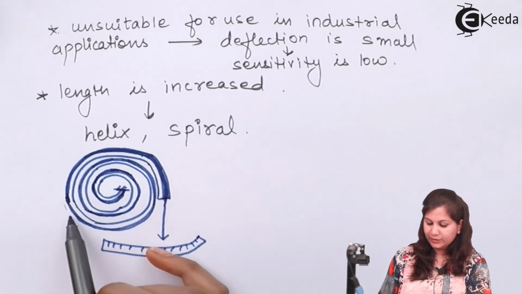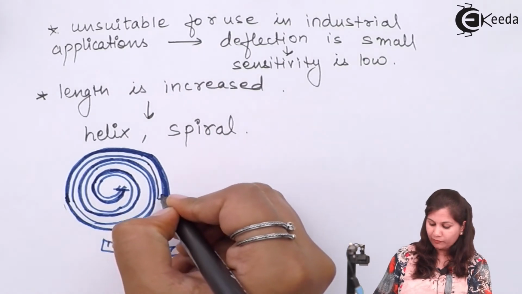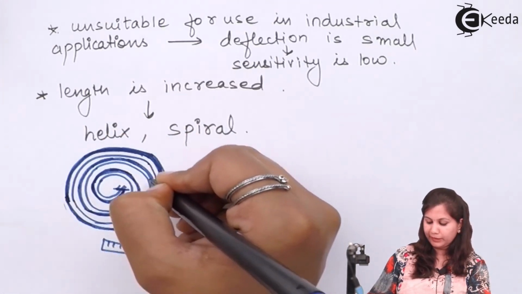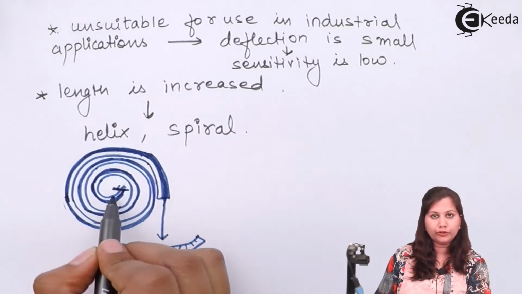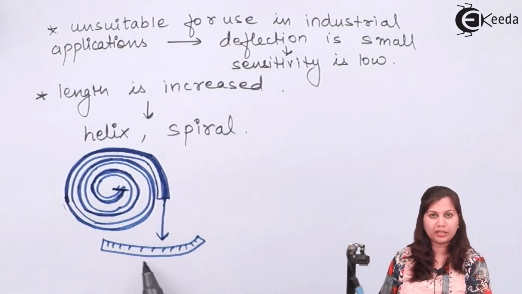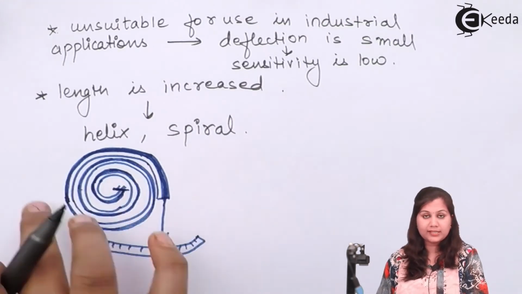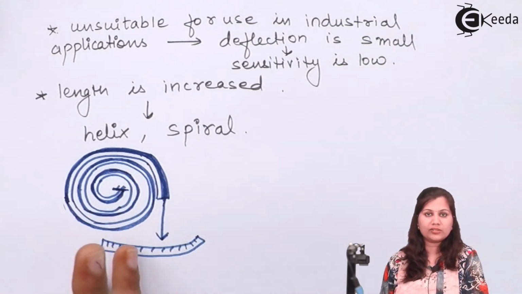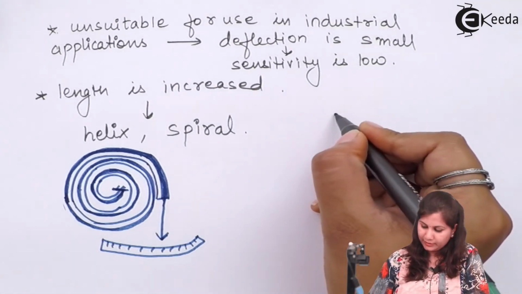so this is the bimetallic strip which is in the form of a spiral. You can see the length is being increased. This white portion is for the metal A and this blue portion is for the metal B. This is the free end and this is the fixed end of the tube. Now to the free end a pointer is attached which moves over the temperature scale. So the movement of this pointer over the scale is directly calibrated to read the changes in the temperature. Now if we see the helical shape,